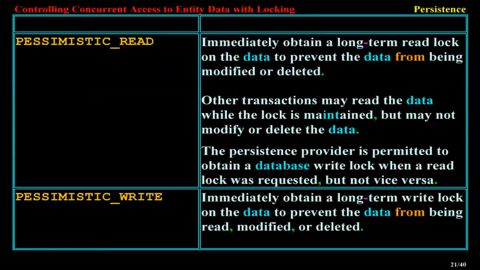Pessimistic read: immediately obtain a long-term read lock on the data to prevent the data from being modified or deleted. Other transactions may read the data while the lock is maintained, but may not modify or delete the data. The persistence provider is permitted to obtain a database write lock when a read lock was requested, but not vice versa. Pessimistic write: immediately obtain a long-term write lock on the data to prevent the data from being read, modified,